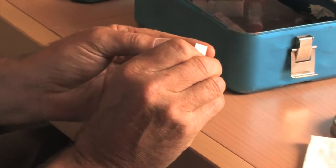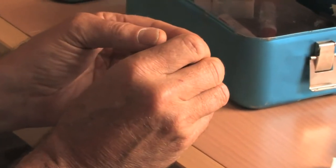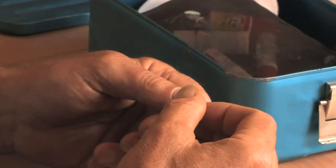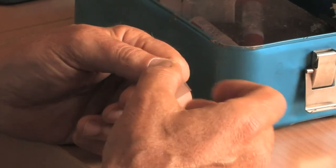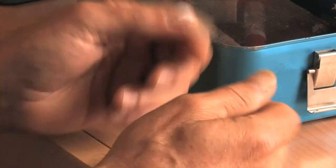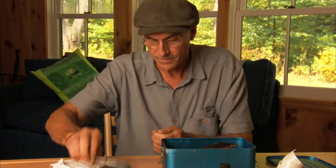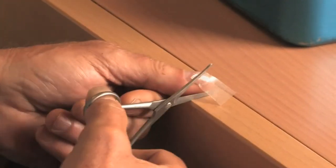You peel this stuff off, is what you do. You peel the backing off the little devil. And you just apply it to the side of the nail. I start by putting on a little strip on the side of the nail that would be hitting the string. That's the side that needs reinforcing the most. You just sort of